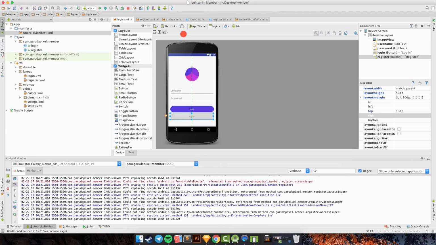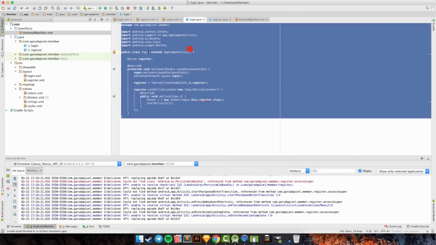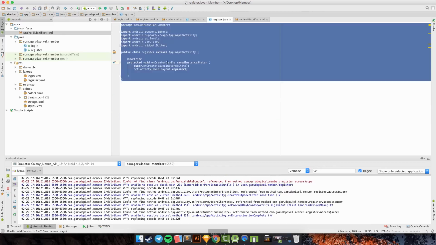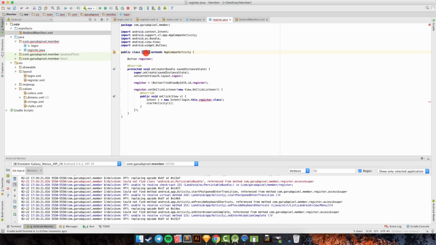We go to login and select all of them, copy and paste again, and we can go back again to register, and then I want to change this name to login, back to login.